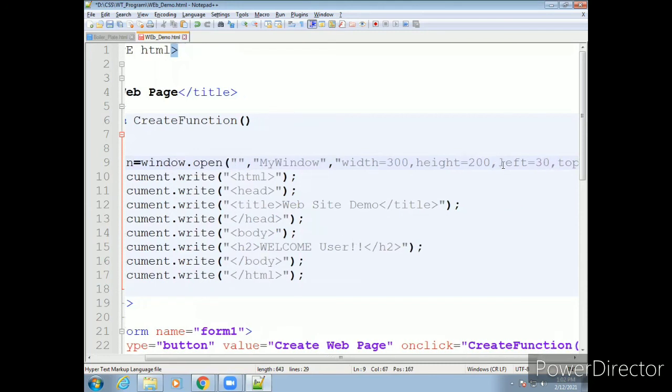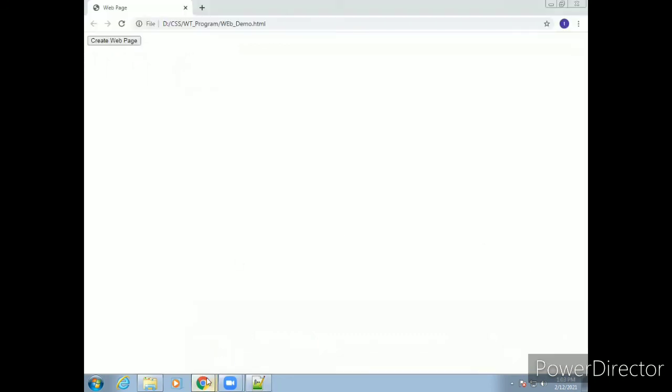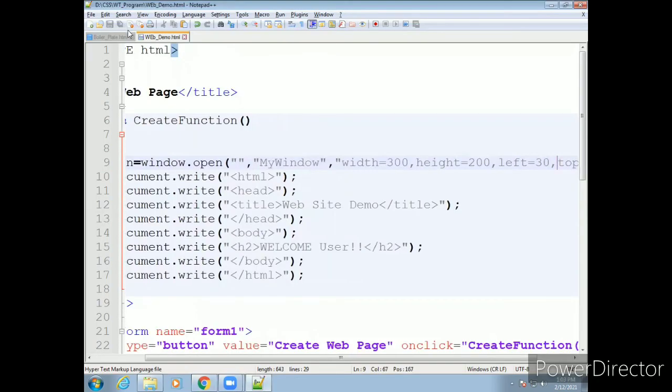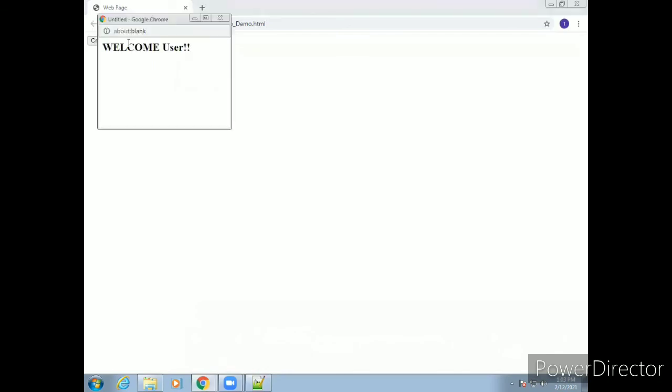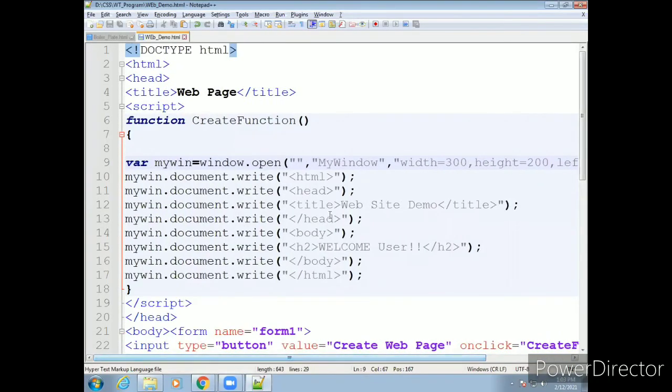Let's see what we get from this. Refresh the page and create. Okay, you can see that my starting point changed. Likewise, you can change the content in this tag and write something new here. Correct?